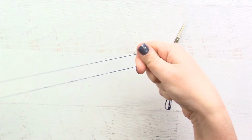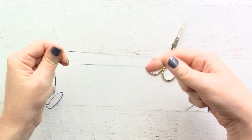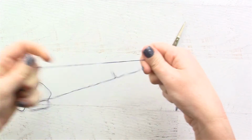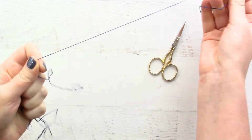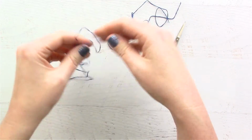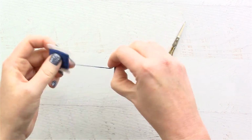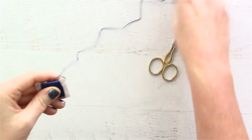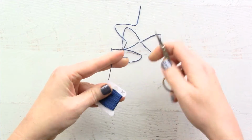The key here is to just keep smoothing this out, and then keep working this out down this way, smoothing it and putting your finger through. So that was pretty simple, but can sometimes lead to knots. The second way that is a little bit easier if you're having trouble with knots in your thread